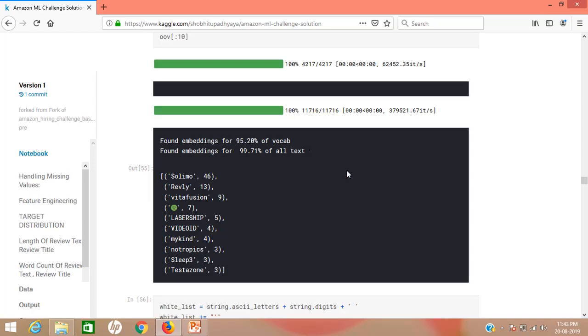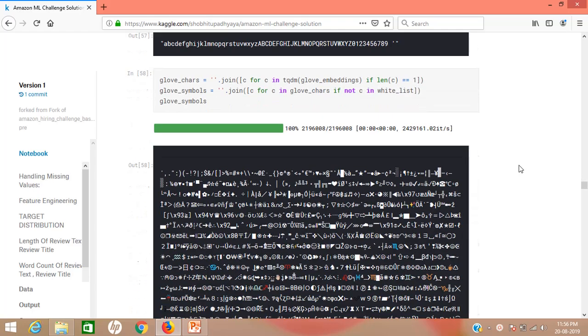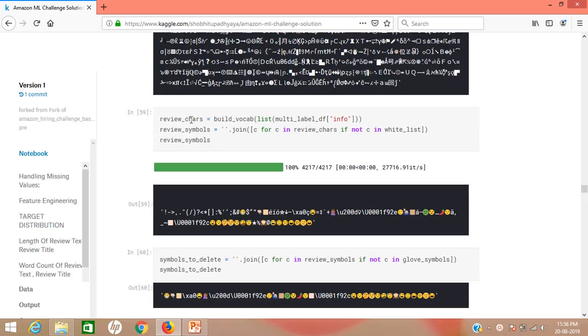What next now? Still, I can see a few symbols. How to handle these? Let's list down all the symbols handled by GloVe embeddings. Review character represents all the symbols review contains except English character and numerical symbols.